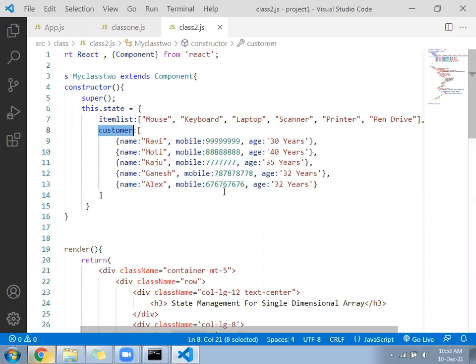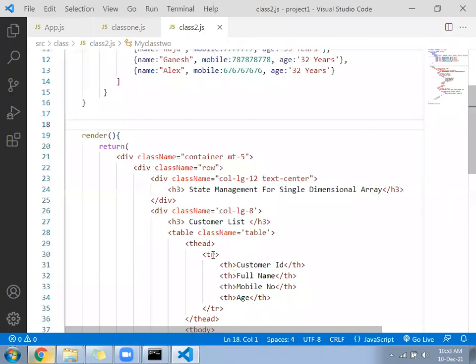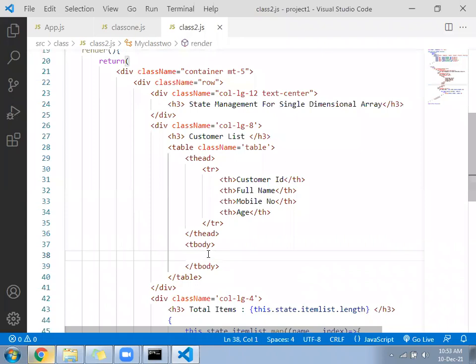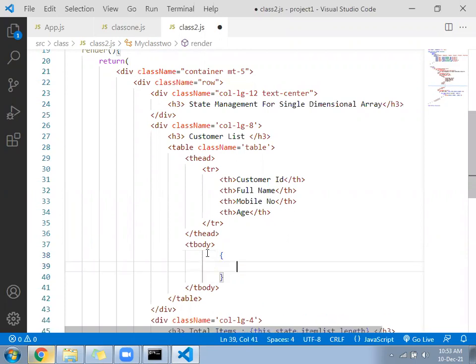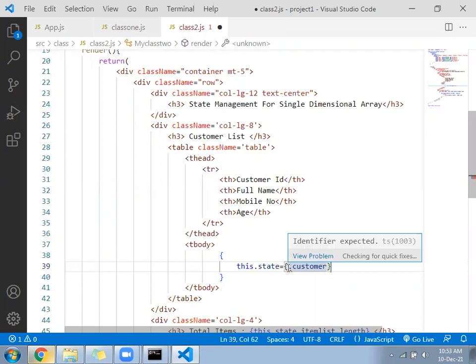Okay, calm down. Now under the tbody, we'll have again curly brackets, this.state.customer.map with info comma index.